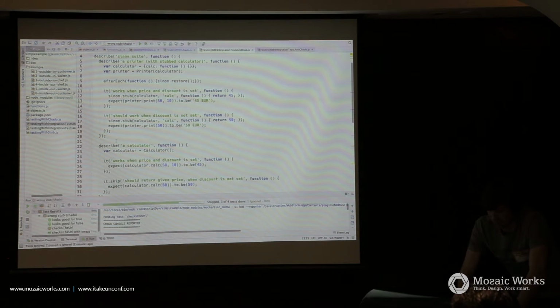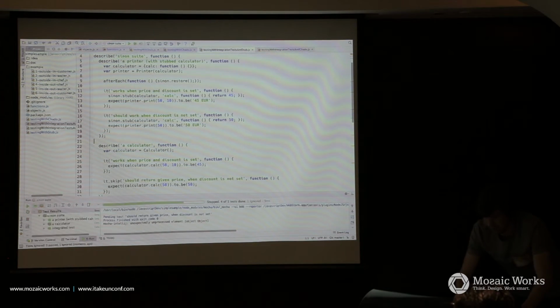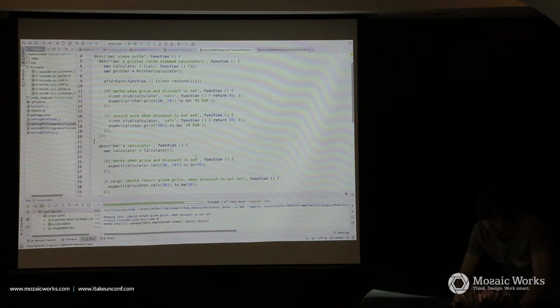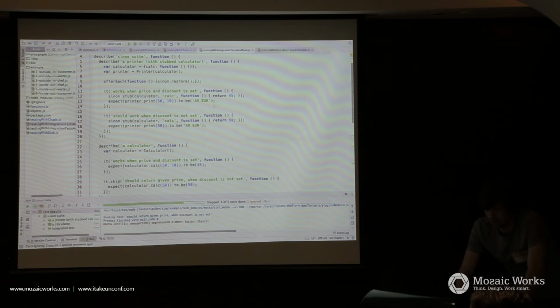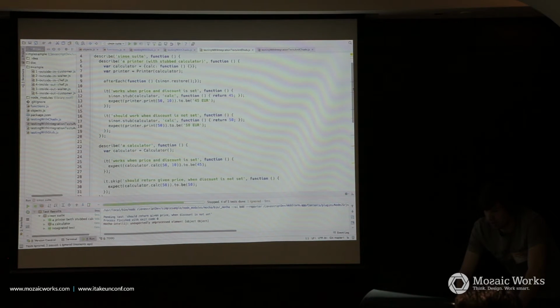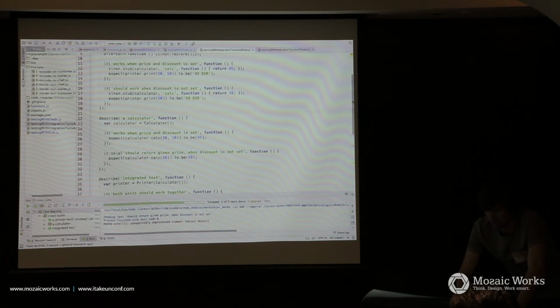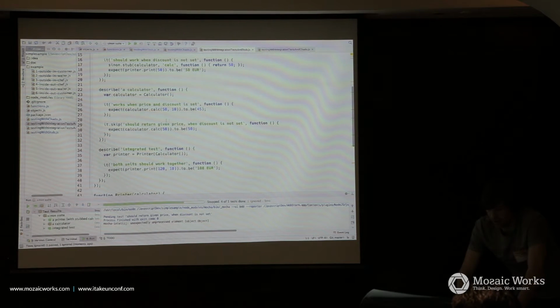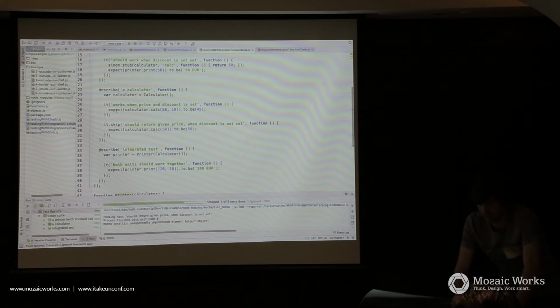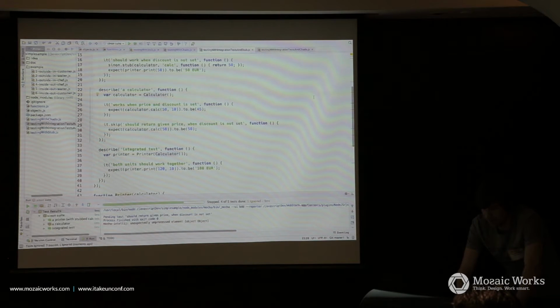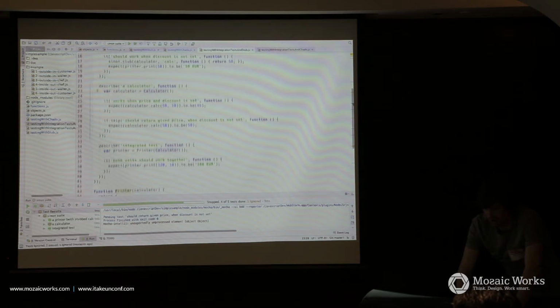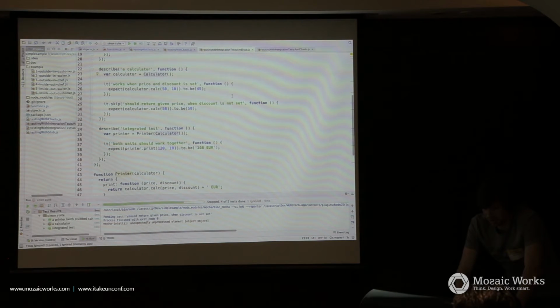Everything is green. Okay, perfect. So here are our unit tests, and now we have also a test for the calculator, where we create the recalculator, and that works too.